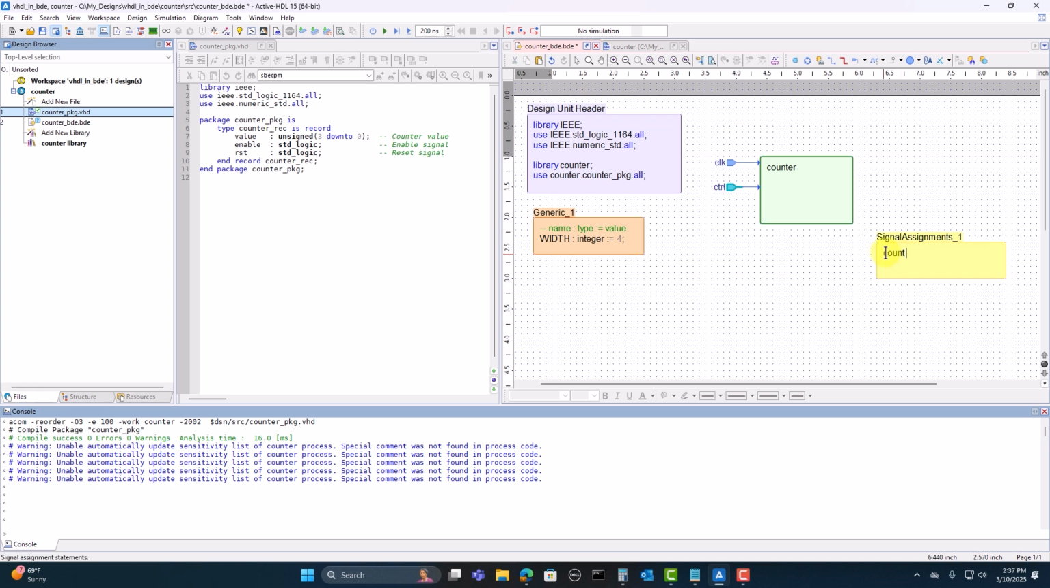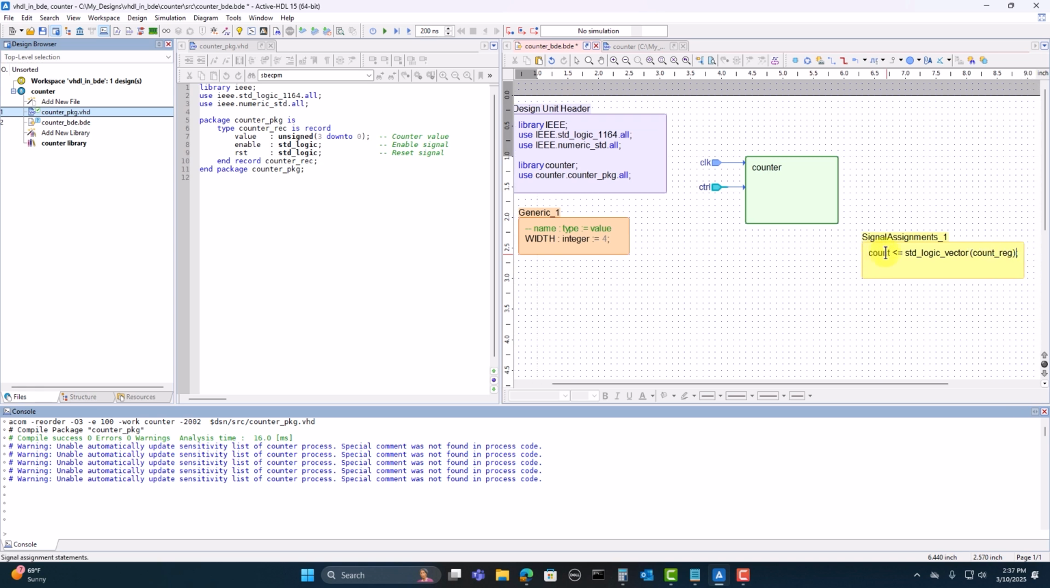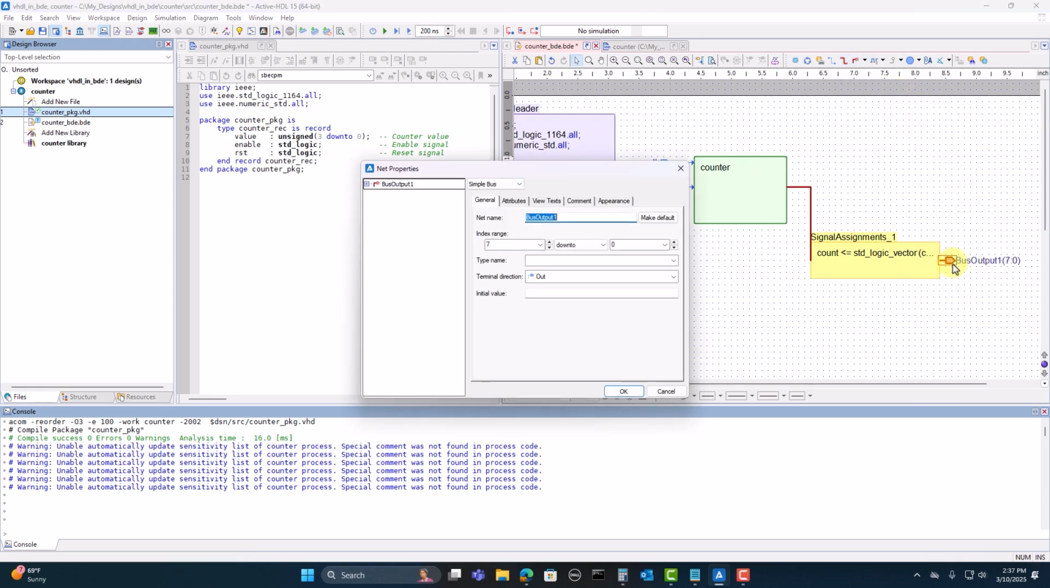I'll have it so that count is assigned standard logic vector count reg. The last 2 things I want to add are the bus connection from the process to the signal assignment, and the bus output from the signal assignment. I'll edit the output bus pin first,